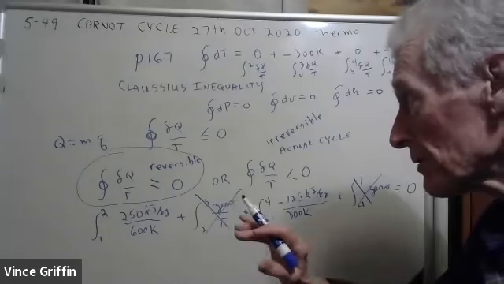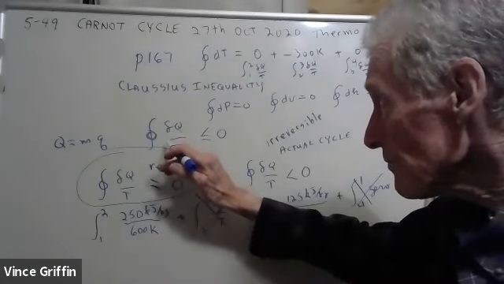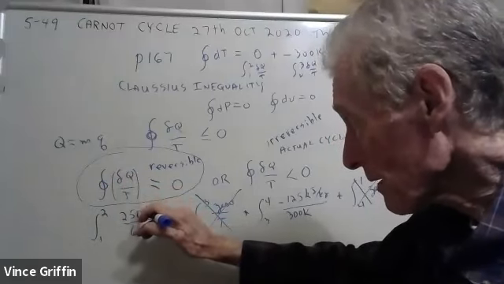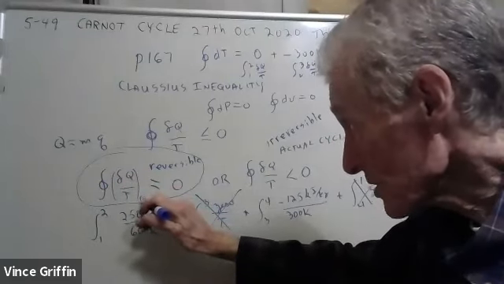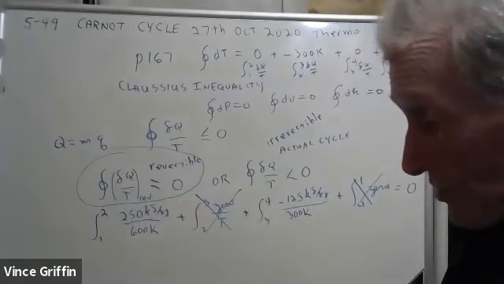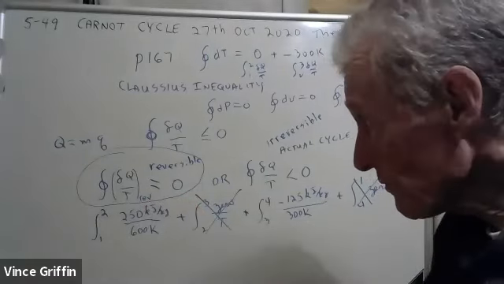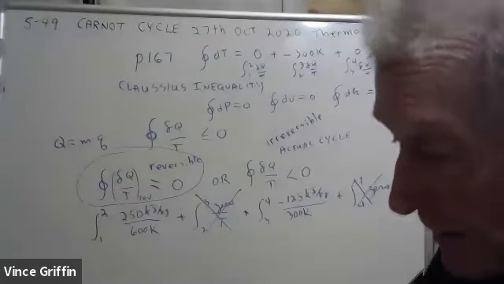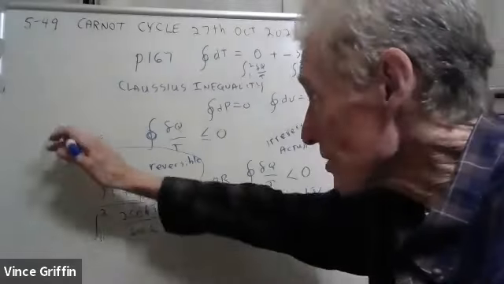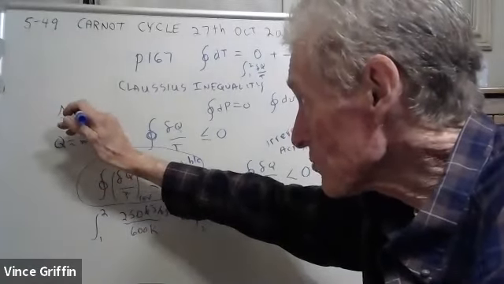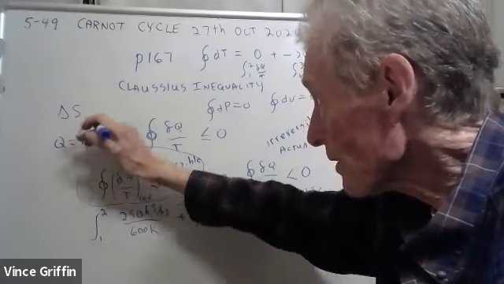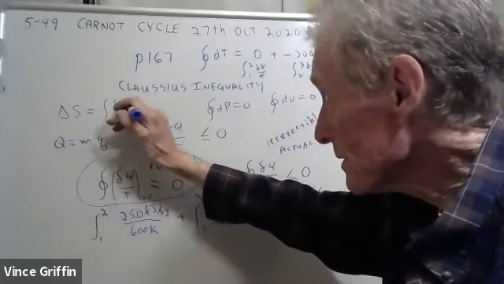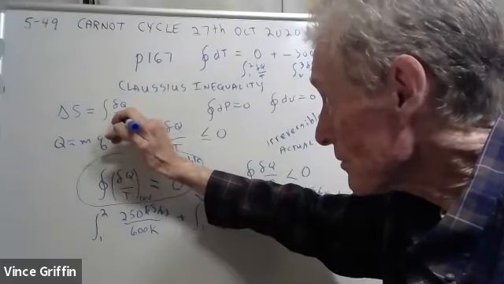But here's the bottom line. If this thing is equal to 0, then this thing here must be a property. Now the catch is it's got to be a reversible cycle. But if you have a reversible cycle, this thing here is a property. They decided to give it a name. They call it the change in entropy. They use the symbol S for it. And it's equal to the heat transfer at the